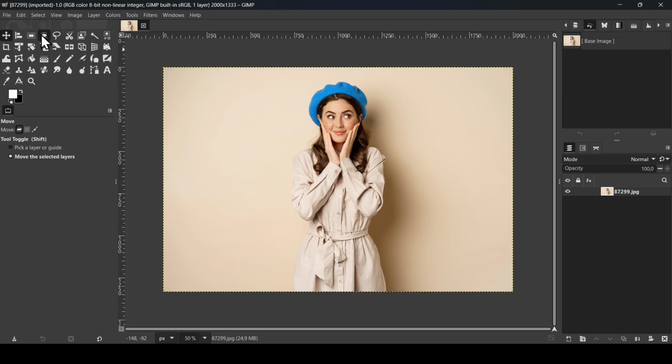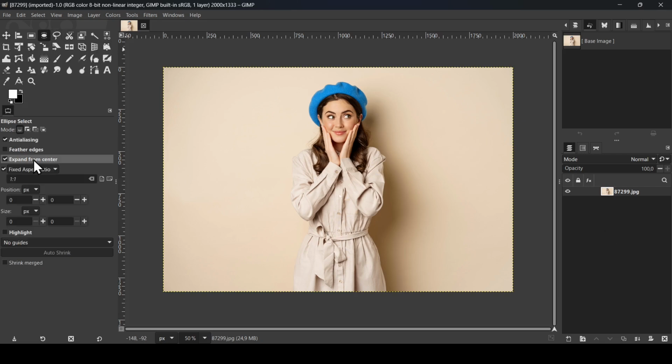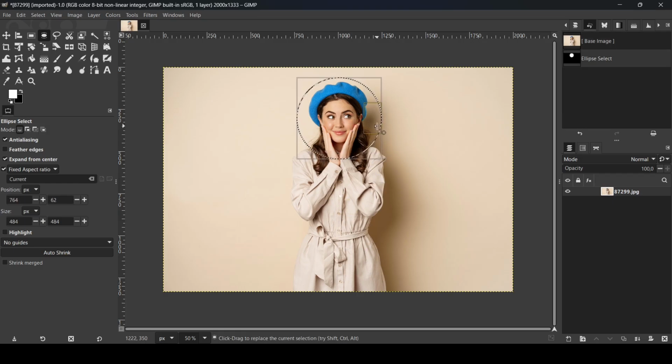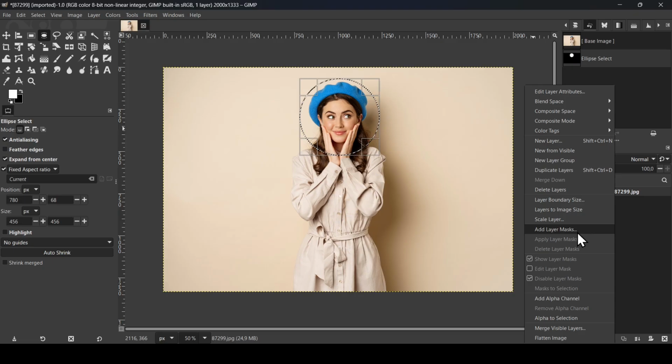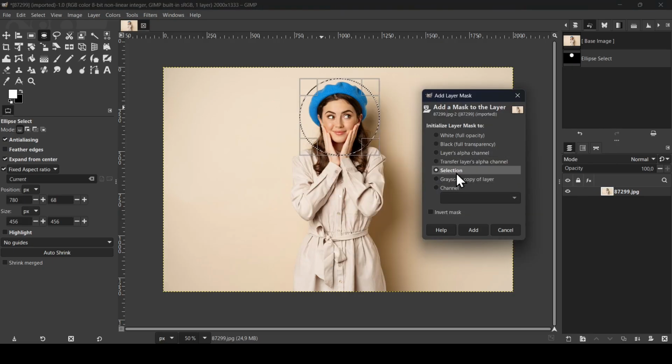Select the ellipse tool, make sure to check the expand from center and check the fixed aspect ratio 1:1. And now I'm just going to create the selection, so here. And now I'm just going to drag this selection so I can position it where I want, so here like this. And now right click on your layer, add the layer mask, and then here select the selection, check the